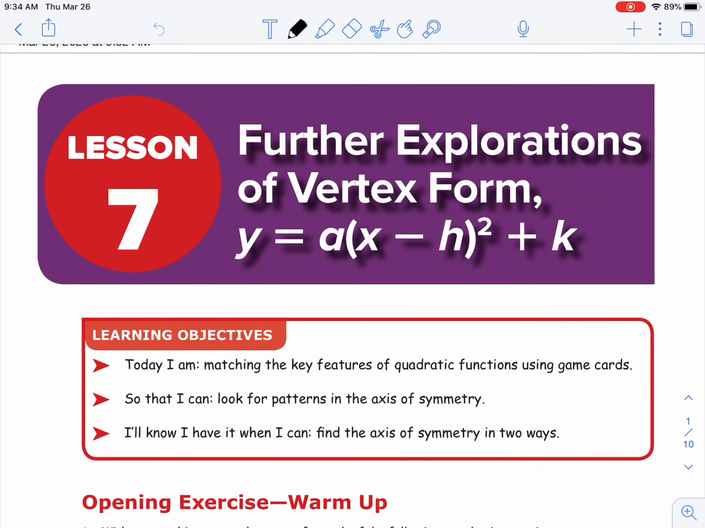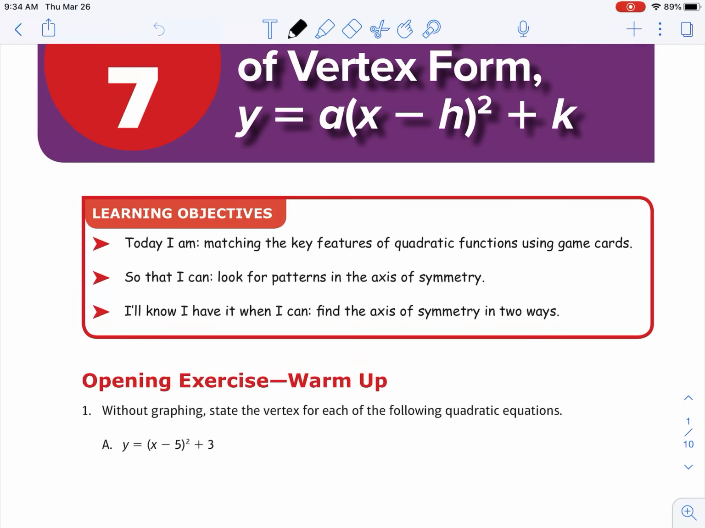Good morning. So lesson 7 has a lot to do with what we've been covering in the last couple days with graphing in vertex form, and we're going to go back to vertex form. I know we've been looking at what the standard form of the quadratic function offers, and we've learned that the c value represents the y-intercept. So here in lesson 7,